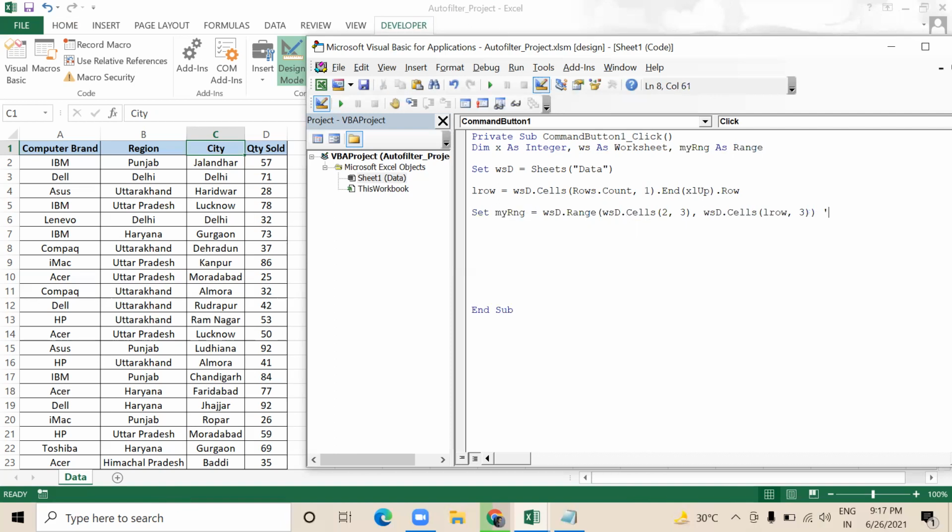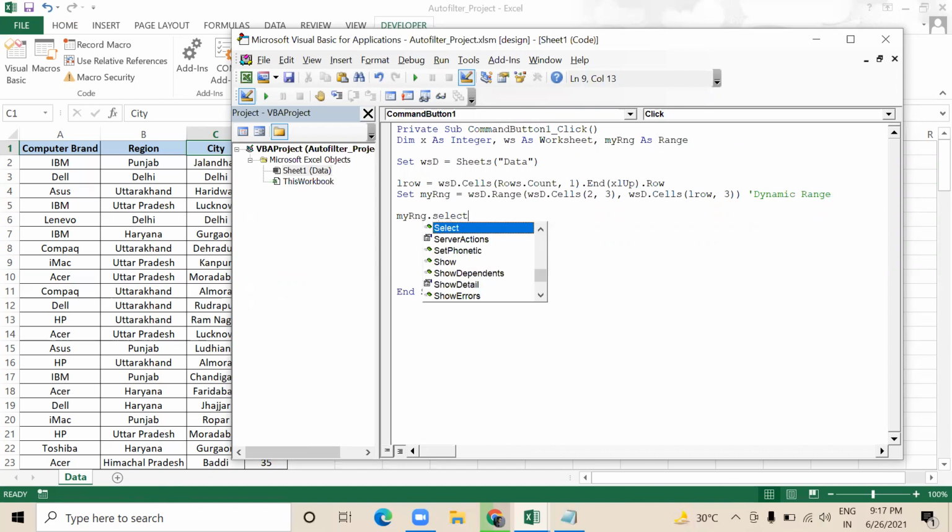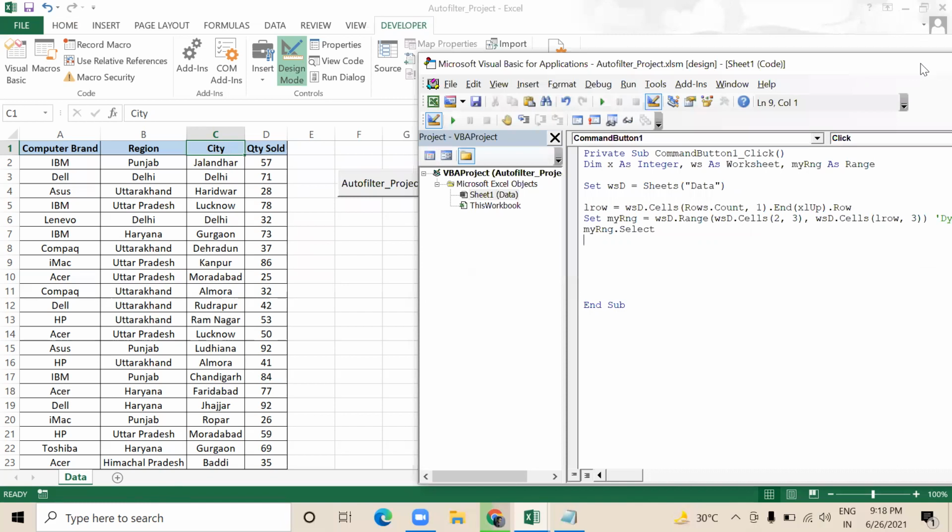I am writing it here so that it will be convenient for you to understand that I have created a dynamic range. Now I want to say myRange.Select. Let me check if it's selecting the whole range by going one by one with the F8 key.